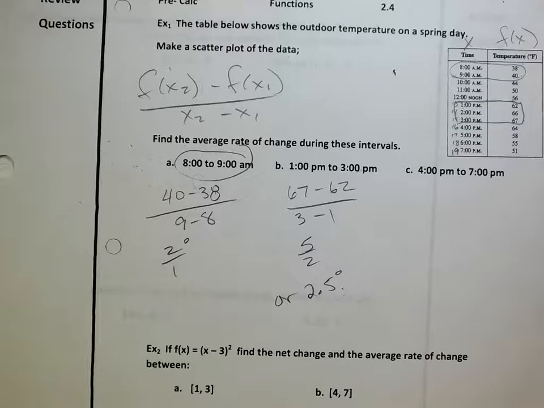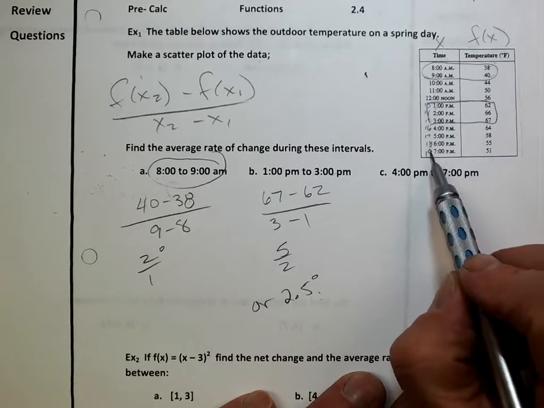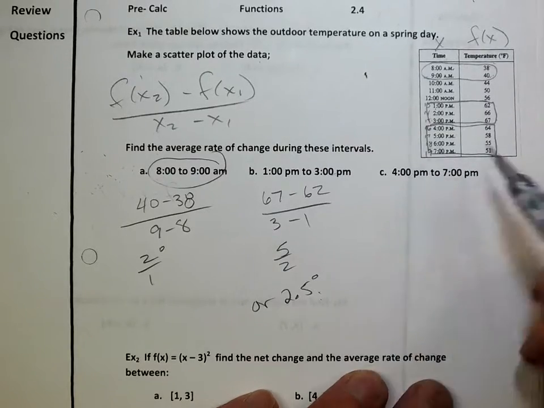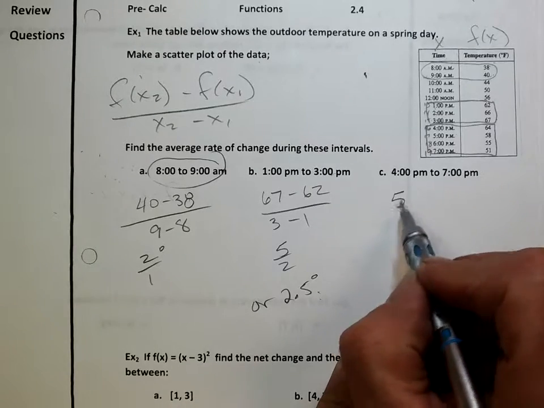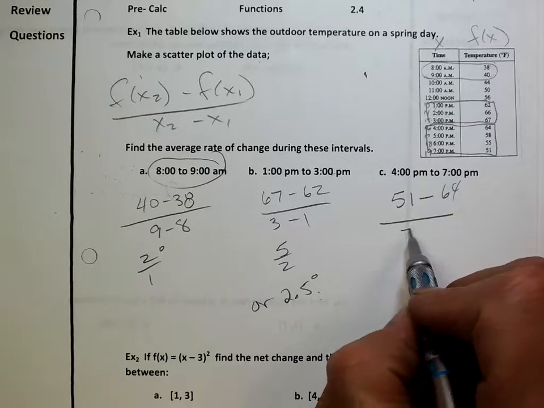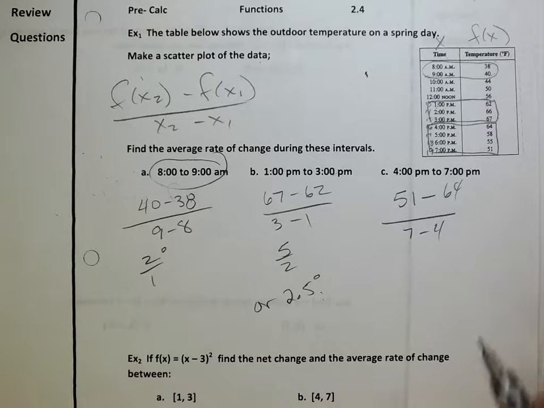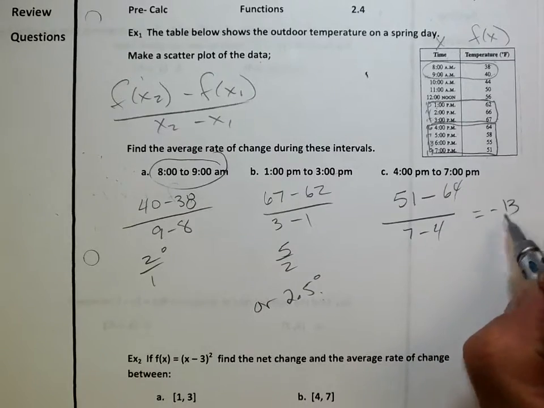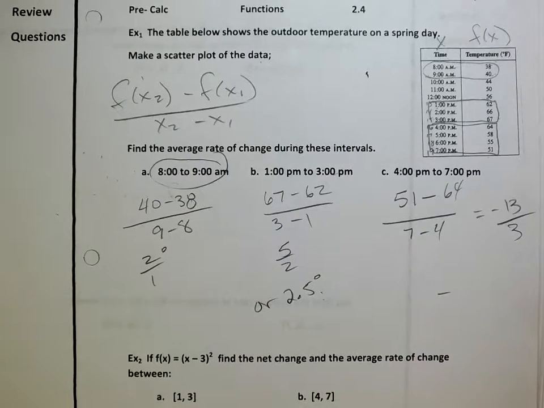Does that make sense? Okay. Now from 4 to 7, the same thing. From 4 to 7 is this interval. So we'll go 51 minus 64 over 7 minus 4. Okay. It's 51 minus 64, negative 13 over 3, which is negative, what's that, 4 1/3